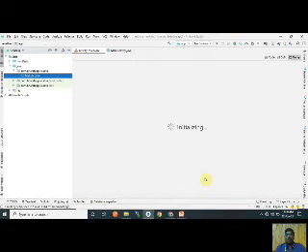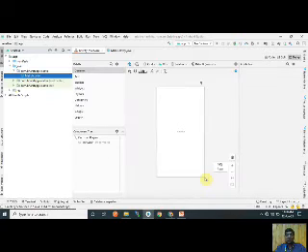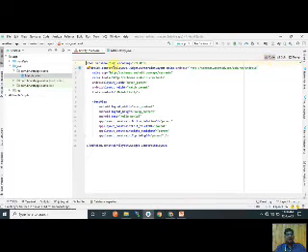Now the project is ready to perform many things. There is the first default layout, which is Hello World, and by default Android Studio creates the constraint layout that is present here. Now I remove this constraint layout and create the relative layout.